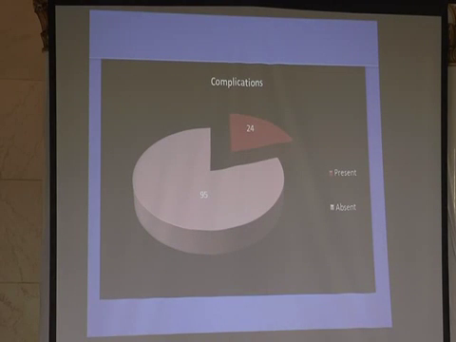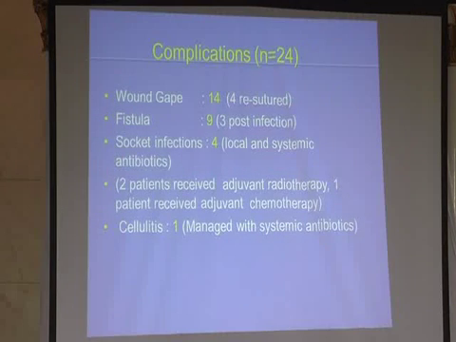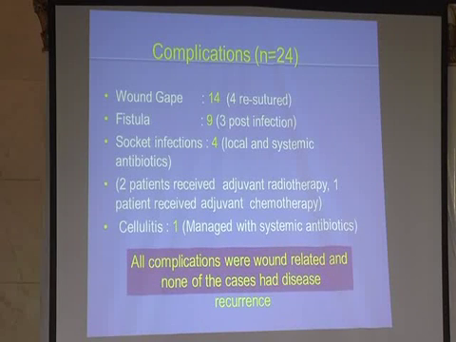24 cases had complications which included wound gape, fistula, socket infections or cellulitis in one case. There were a total of 24 cases and a few complications were overlapping, that is, infection leading to wound gape or fistula. But all the complications were wound related and none of the cases had disease recurrence because post-surgically the histopathologically clear